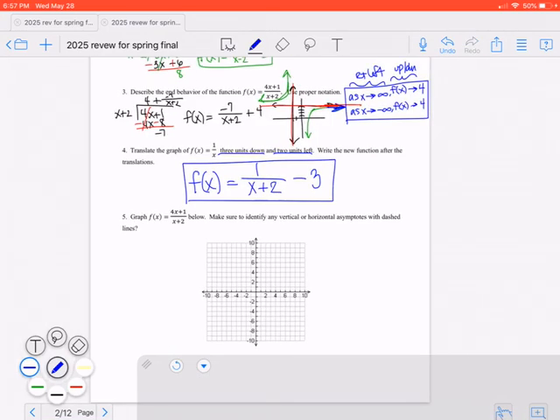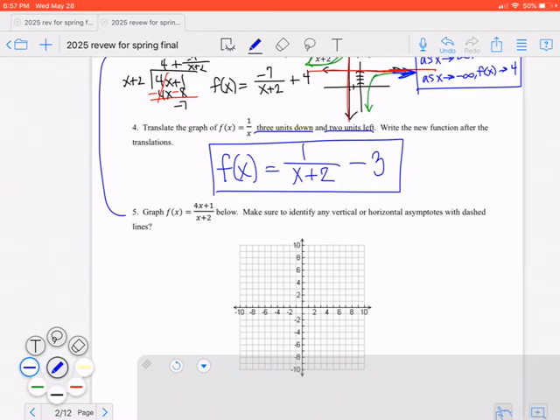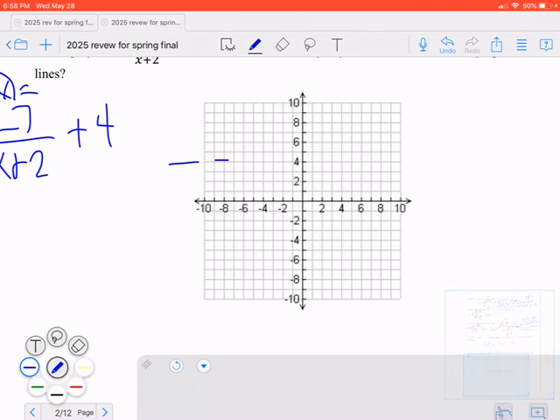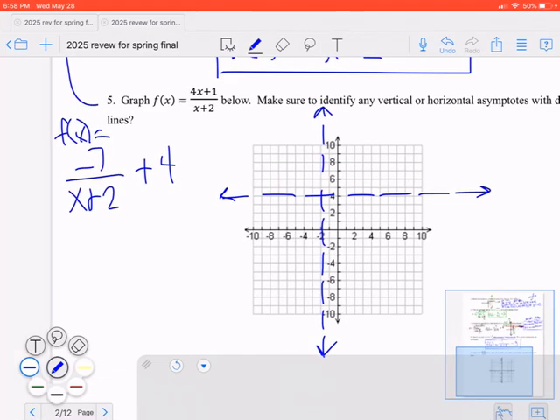All right, and is that the same equation as the one before? Yep, that's the same equation as number 3, so we already put it in graphing form. Negative 7, f of x equals negative 7 over x plus 2 plus 4. All right, so we've got our horizontal asymptote and our vertical asymptote, and